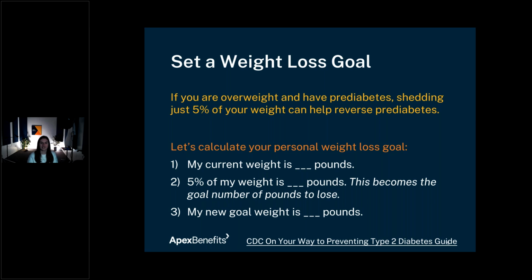It's easy to achieve. So for your personal weight goal, we're going to identify: what's my current weight in pounds? I'm going to calculate what 5% of that weight is, and then from there, I'm going to create my new goal weight in pounds. That's my starting point, my target of where I want to get. And if I can get to this weight on a scale, I know that I'm decreasing my risk for all of these other conditions that follow.